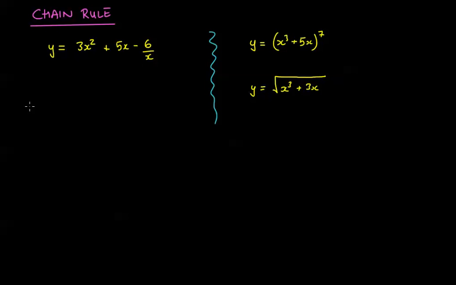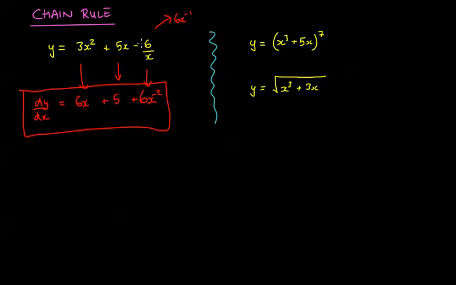Because all you need to do to find the gradient function, dy by dx, is to just differentiate each little bit, right? So this would be 6x, this would just be the number 5, and this would be, let me work it out, I'd have to rewrite it as 6x to the power minus 1, so that'd be a plus 6x to the power minus 2, right? So we just differentiate each little bit. Dead easy to do. But